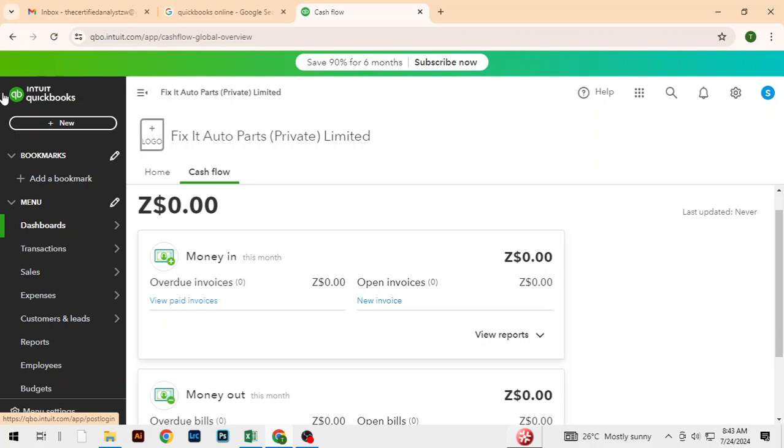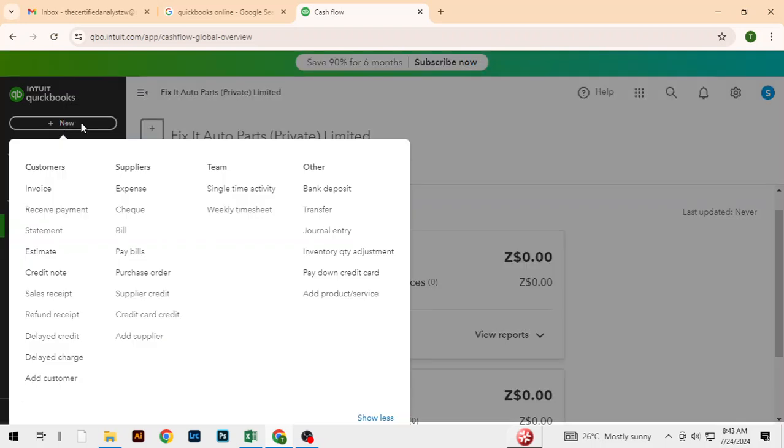So just below the Intuit QuickBooks logo, we have got this plus. So this is the quick way of creating something in QuickBooks, right? So if you click on this, there's a whole set of functionalities with regards to customers, suppliers, team, and other. Like under customers, you can create a customer invoice, you can receive payment, you can generate a customer statement, you can generate an estimate, you can create a credit note, you can create also a sales receipt, you can create